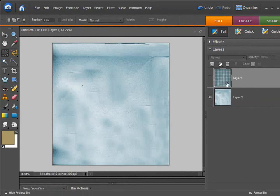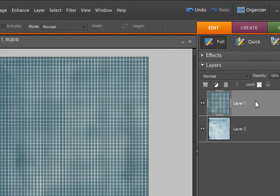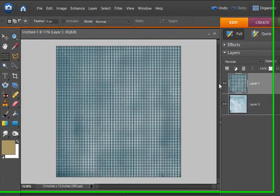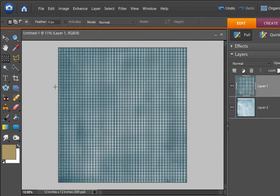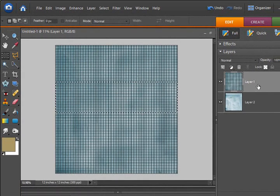I have here two pieces of paper, a solid color background. These two are from my heritage kit that's going to be for sale in the store, and a gingham one, which is going to be the accenting paper that we're going to be cutting out of. And I can just draw with my rectangular marquee tool to get marching ants or a selection, and with the gingham paper as my active layer, because it's what we're going to